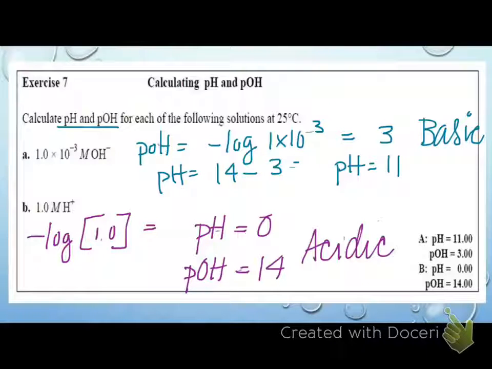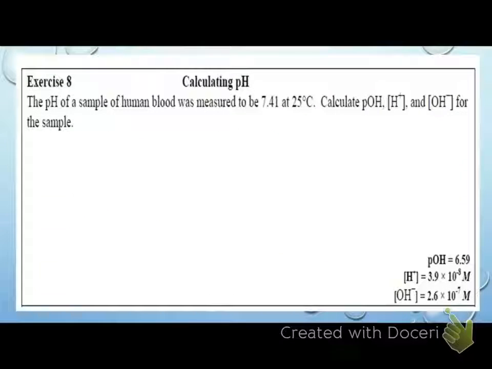Let's do it. That is in no way attached to the Exercise 8. Okay, so a pH sample of human blood was measured to be 7.41. Calculate the pH, calculate the pOH, the H plus, and the hydroxide for the sample. So let's start with what they gave us. They gave us a pH